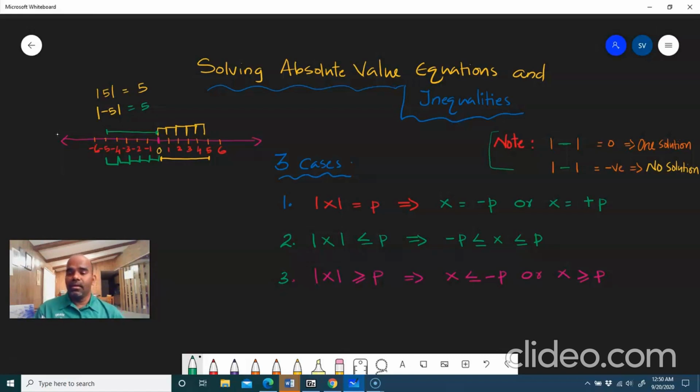When we are dealing with absolute value equations and inequalities, you may see the following 3 cases of problems. So if you are watching this video, please copy or save this information for your future classes or lessons, because these 3 statements are very important for getting the right answer for your problems. So what are those 3 cases? The very first one is